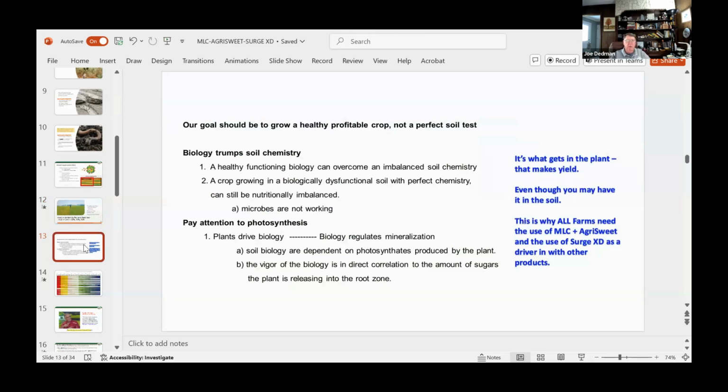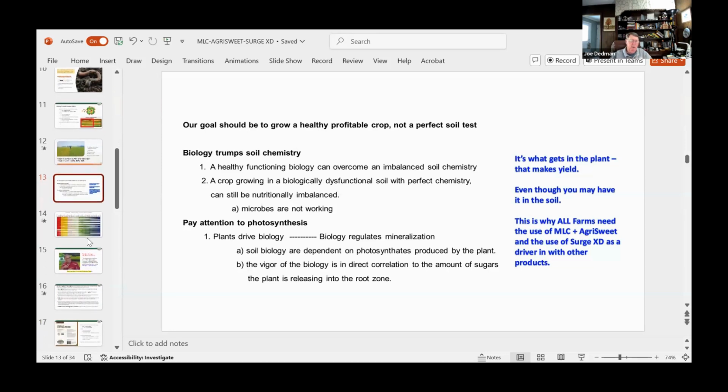So our goal is to grow a healthy, profitable crop. So it's really what gets in the plant that makes the yield. Even though you may have it in the soil, sometimes we don't get it into the plant. And we've seen that in soil tests versus tissue sampling, and you see big discrepancies. That tells you that the soil is out of balance. Your biology is very likely not working for you. And this is why all farms need to use the MLC and Agrisweet, and the use of Surge is a driver